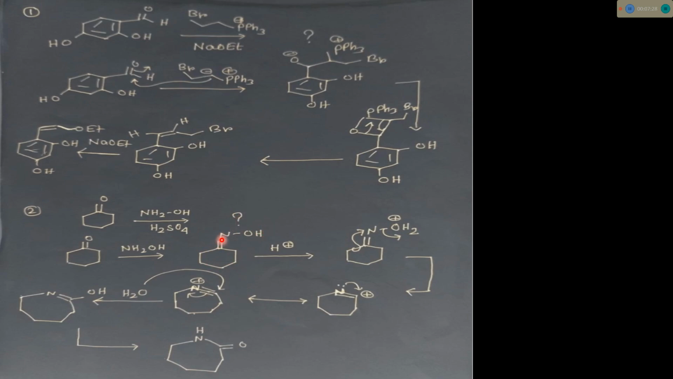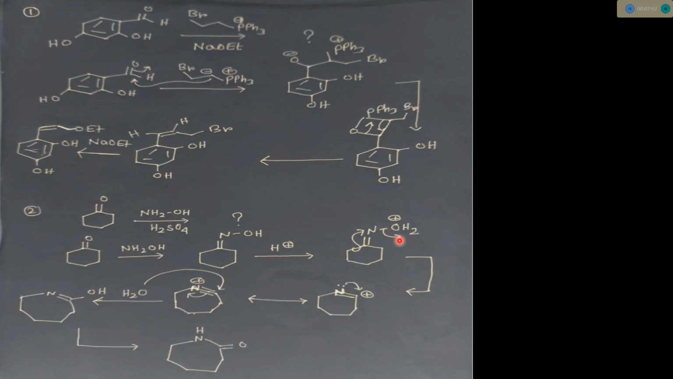N-hydroxylamine. So this is an imine and this is an N-hydroxylamine, or oxime. This compound is formed after reaction with NH2OH in the presence of a catalytic amount of acid. Now in the presence of acid, this OH becomes protonated, and